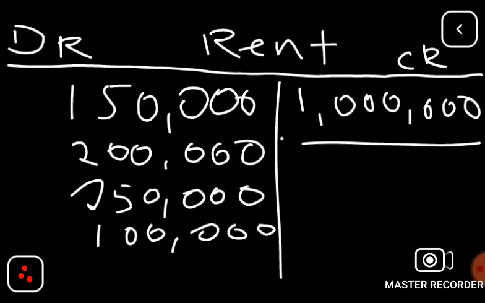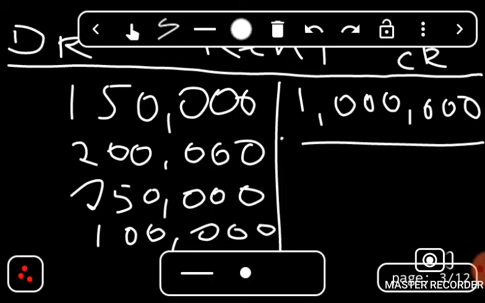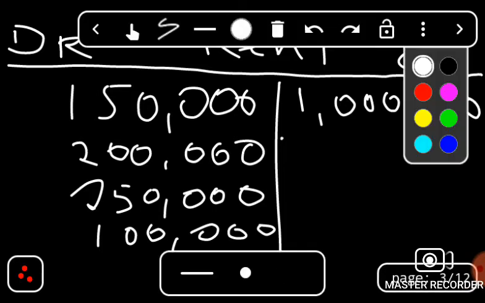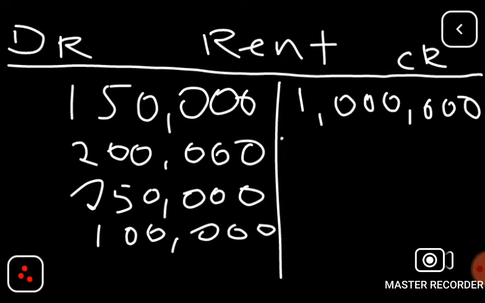Now, which one is bigger between this amount and these amounts here? That is the question that should come. If I add 150,000 plus 200,000 plus 250,000 plus 100,000, it will give me 700,000,